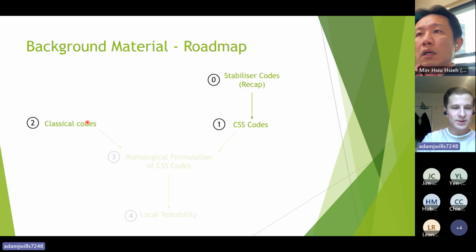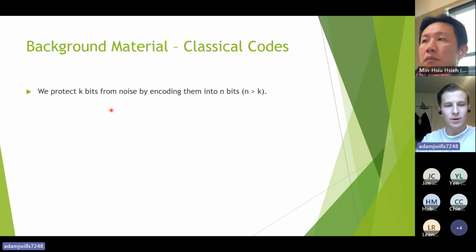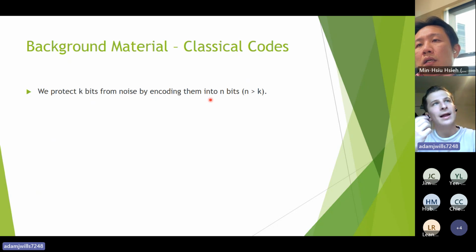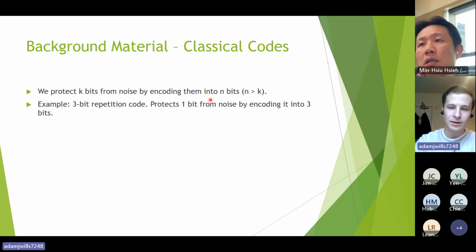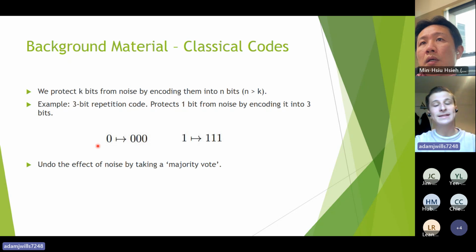Good, so let's talk a little bit about classical coding theory. The situation is quite similar here to the quantum case. We have k logical bits, and we want to encode them into some larger number of physical bits by adding redundancy. And again, the allowed space of code words, which forms a subspace of the vector space of the n bits, is going to be the code space, and that's the space of allowed words. So a well-known example will be the 3-bit repetition code. And as you would imagine, you just repeat each bit 3 times. And this is going to protect from the effects of noise by taking a majority vote.